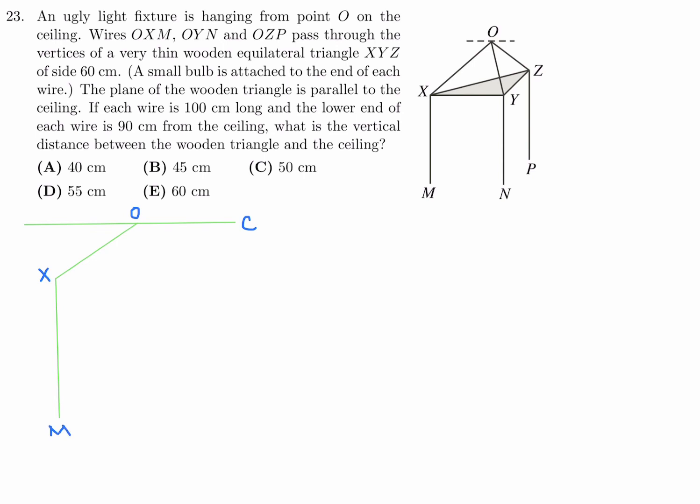Now, they give us quite a bit of information. They tell me first and foremost that the wire is 100 centimeters long. So that means this distance is 100. And then they tell me that the distance from the ceiling to the bottom of M is 90. So if I were to extend this line from X to the ceiling,